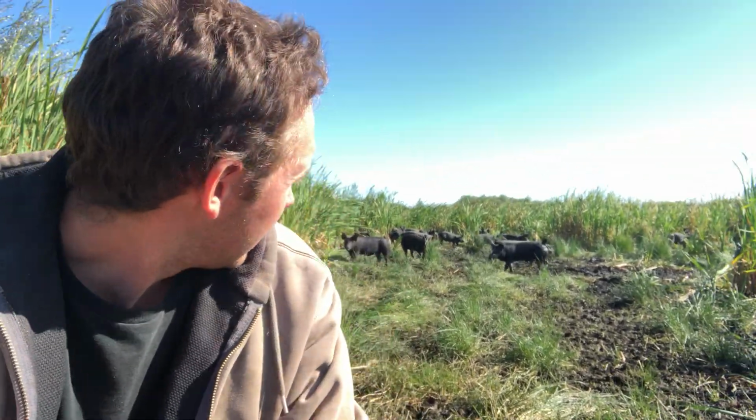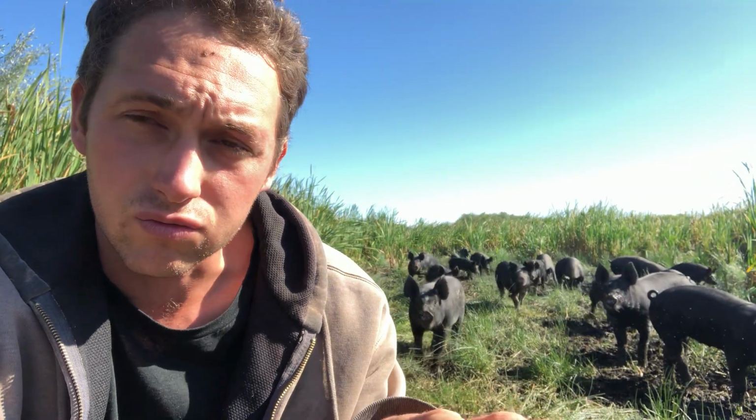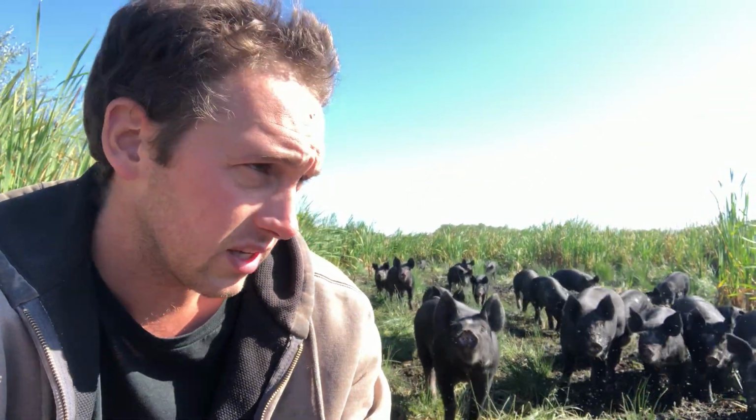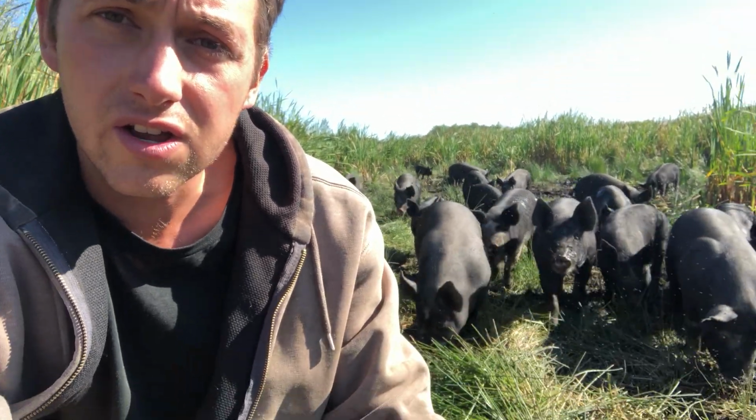So these guys are about 100 pounds right now. They're doing just fantastic, and a minimum of 30% of the feed that we are giving them is grass. We have our own mix mill on farm. I've got other videos showing how we make the feed, but we grind in about 30% hay, things like alfalfa, timothy, brome, forbs, and other legumes. We mix that in with the feed to reduce the amount of grain content that we're giving them, and we're increasing that every single year,